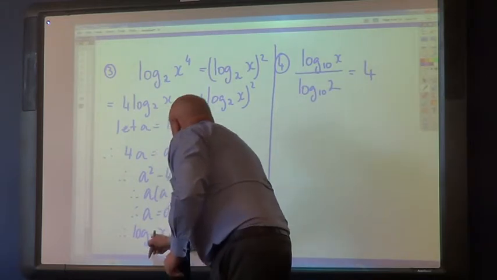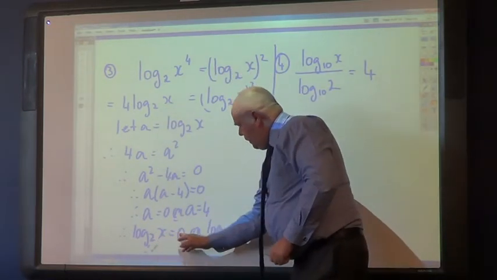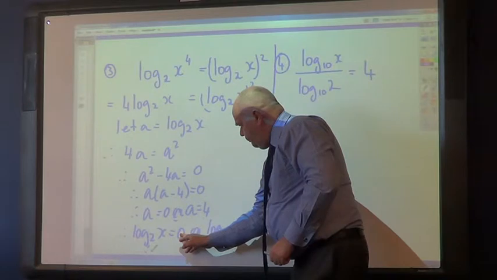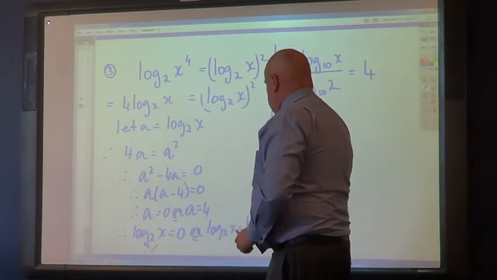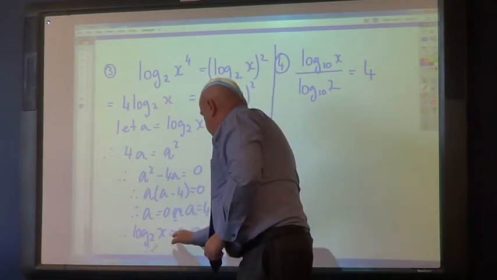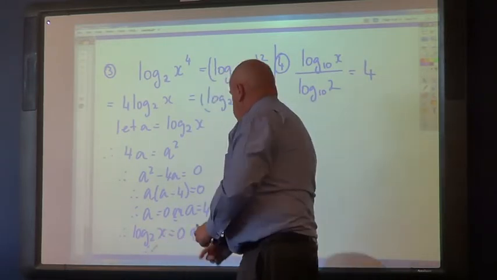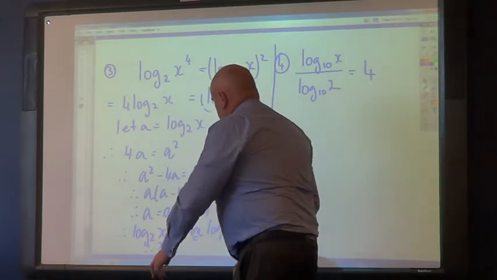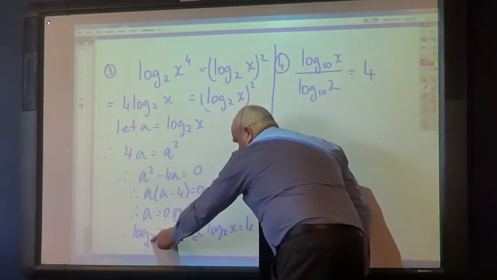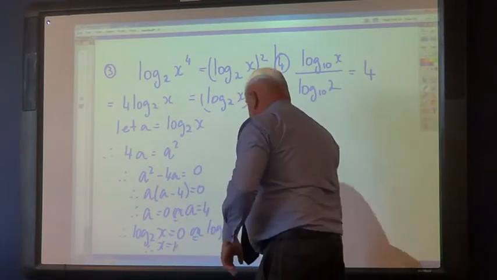Therefore, now can you see here, lads, 2 to the power of 0 is 1. So we can say x is equal to 1. So what we're saying is 2 to the power of 0, which is 1, is equal to x. So x is equal to 1. Put another way, remember, log base anything of 1 is equal to 0. Or,